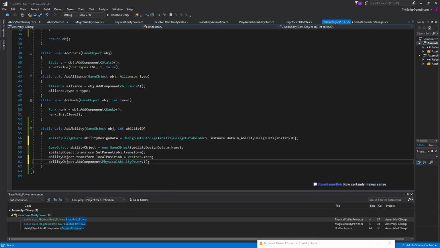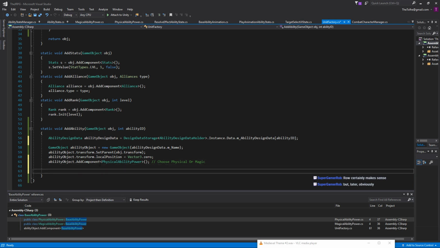And we'll need to add some design data to determine whether this is physical or magical in the future. This is going to take a little bit of time, and it's not going to take very long at all, but I want to keep on this trek. So now we want to create another game object. So the next game object is going to be